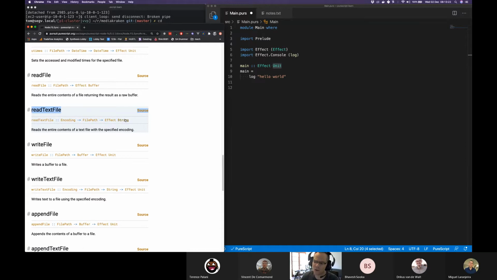That makes sense. But what if we wanted to do something with that string? How do we get the stuff out of the string? The way I think about this is you've got to do that by manipulating the things inside the string through the effect. So we'd expect to see stuff inside effect which allows us to add more computation to that string captured inside effect. You can almost think of it like,